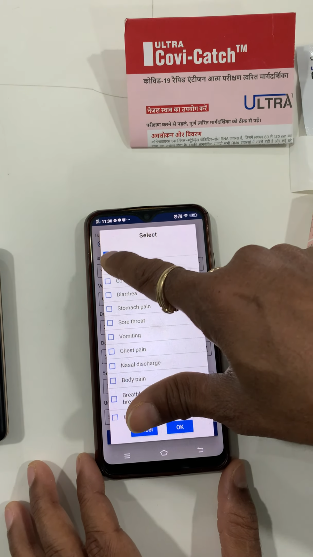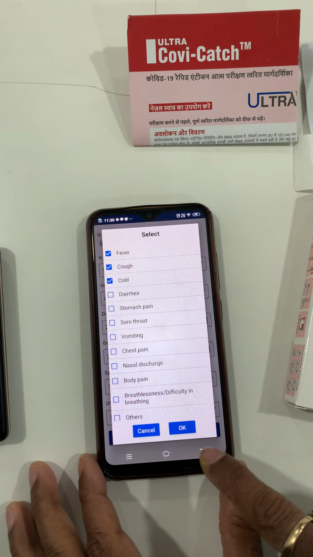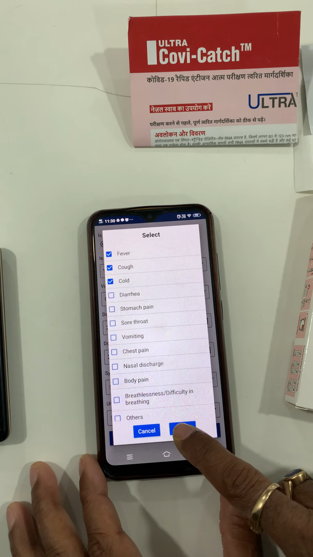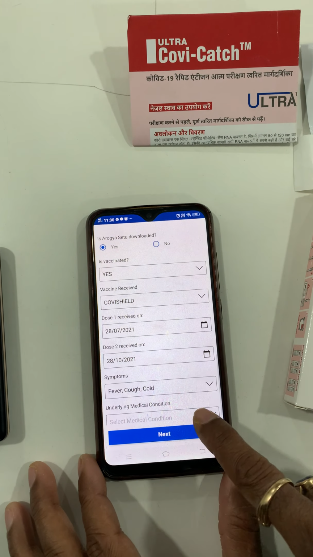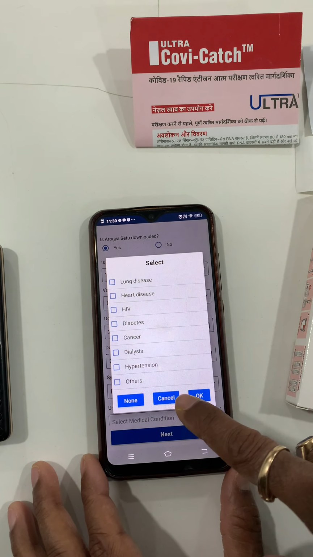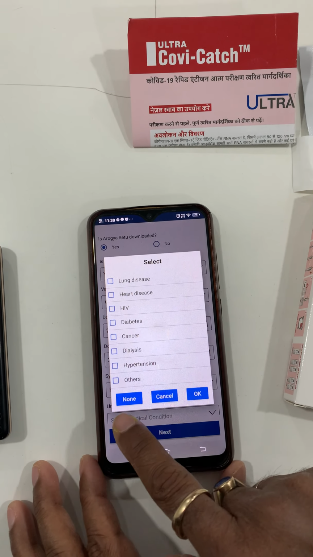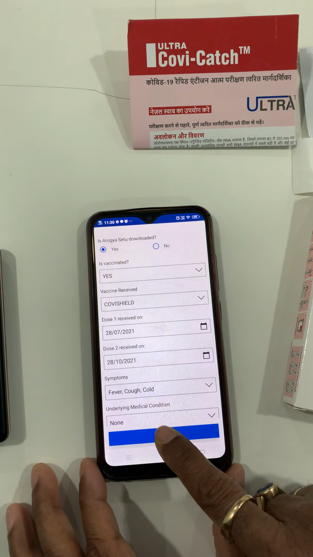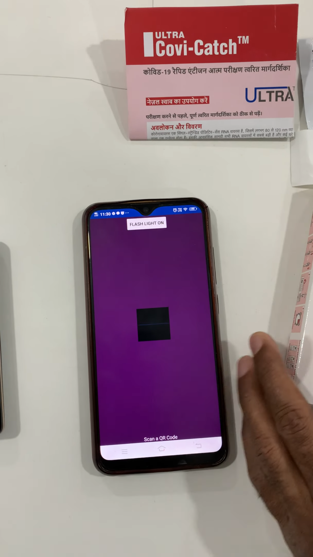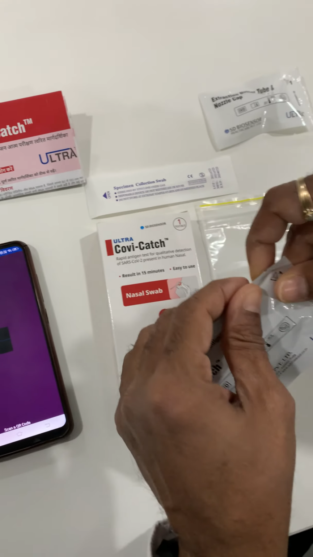Symptoms, I can select symptoms here. Just for example, I have selected fever, cough and cold. Press OK and proceed further. It is not necessary that I have any underlying medical conditions, so I can select none here and proceed further. Now this will ask me to take the picture of the test cassette,